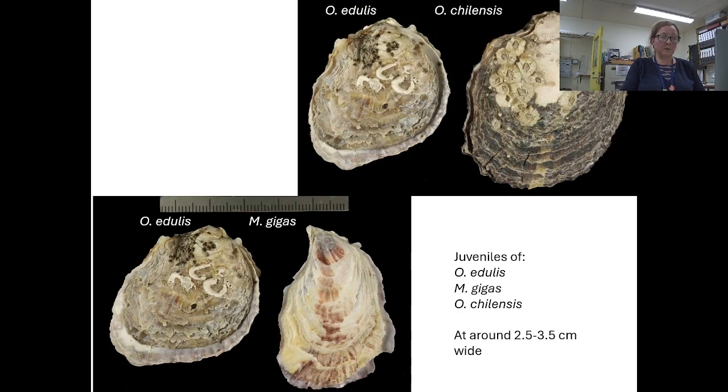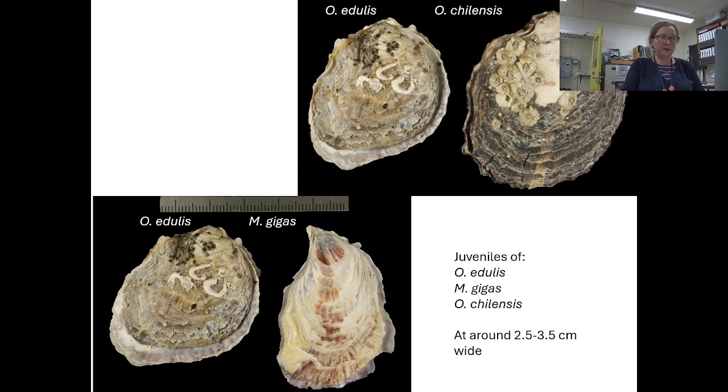Again, I'm going to show you some young specimens of all 3 species as well, just to compare. So even when they're around 2 to 3 centimetres, you can still tell them apart. The image at the top shows Ostrea edulis and Ostrea chilensis, the Chilean oyster. The Chilean one you can see is still quite dark at that size, and you can see the rays on it as well. And the Chilean one is a lot more ovate in outline, where ours is more circular.